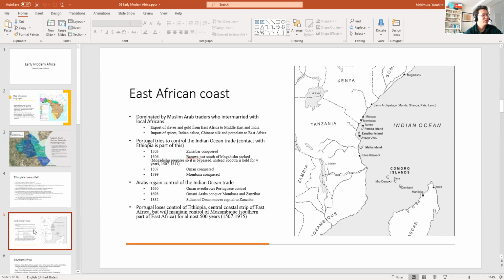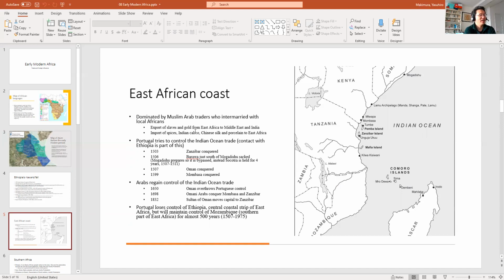Later on, the Portuguese will come back to this region and conquer Mombasa, which was one of the more wealthy cities on the Swahili coast. But this Portuguese dominance does not last. If the Portuguese are going to do this, then eventually the locals will fight back. It's not exactly surprising. And so in 1650, the Omani Arabs overthrow the Portuguese and they become independent once again.